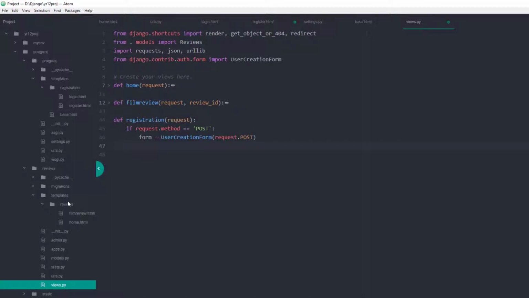So what we're saying is if request.method is equal to POST, then the form is equal to UserCreationForm, and then the data that has been inputted into the form, into the text boxes. So then we're going to say if form